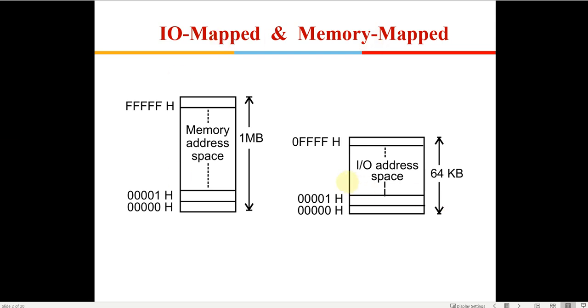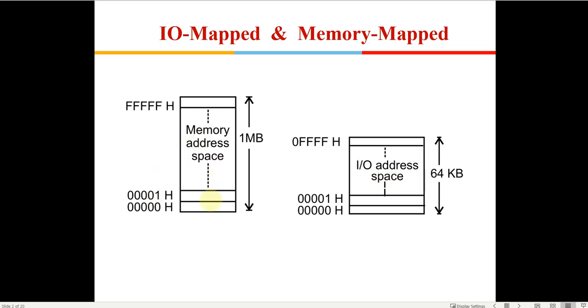In the memory mapped scheme, some of the memory space is used. We know 8086 can have a unique 1 MB memory space. So some of the memory space can be earmarked for input output devices, and you can connect the input output devices in place of those memory elements. So that is one way of doing it. The other way is to independently have some IO devices connected in the IO address space.